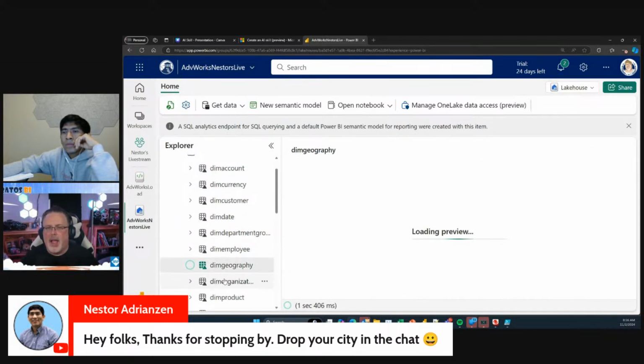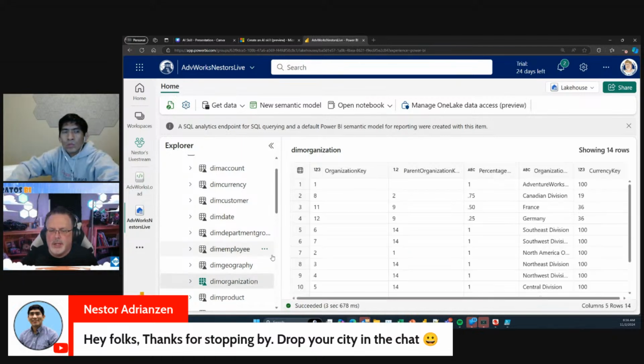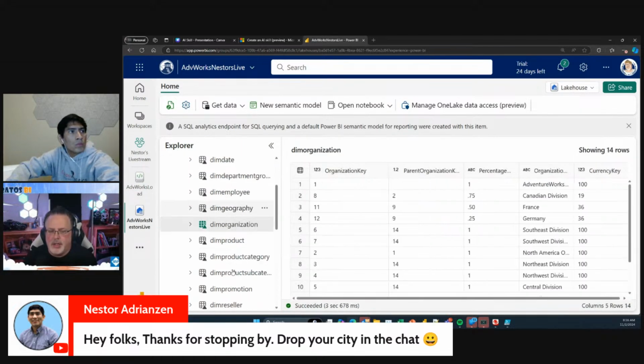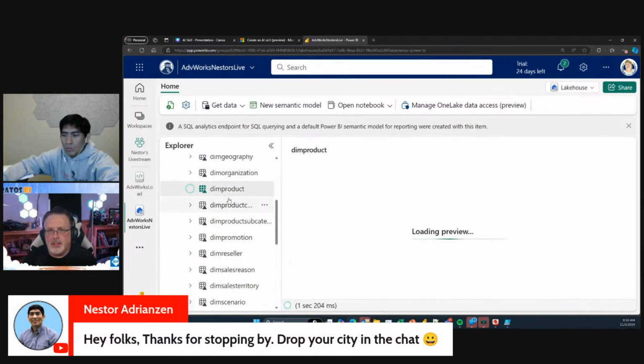I don't exactly understand the caching mechanism for how Lakehouses do all of this stuff, but I have noticed that if I warm it up, like you see how the first time I click on a table, it's a little slow. If I go back to it, it's blazing fast, right? It's got all of the data there. It's just right available.